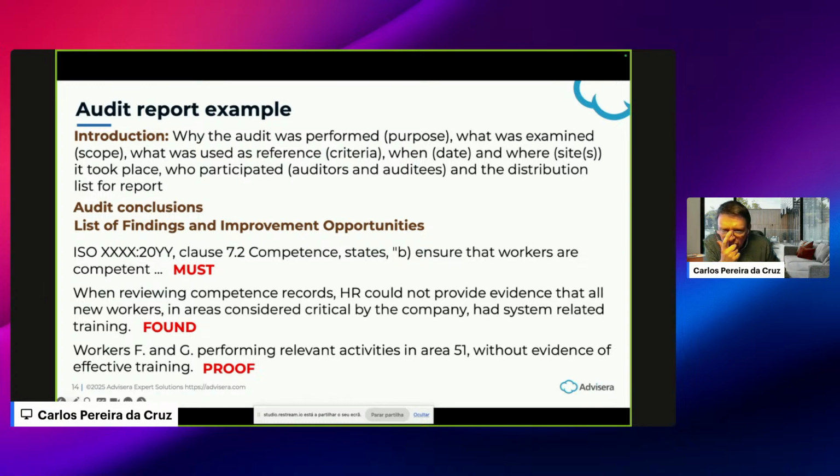Now, one question Caroline asked, should we have one report for the whole company or one per department? Oh, it's up to your organization, okay? And Susan asked, must internal audit reports contain identified non-conformities even when none are identified? No. Your report must provide a trusted picture of the organization situation. If there are no non-conformities, you can include the audit trail, the list of conformities, the list of evidence checked.